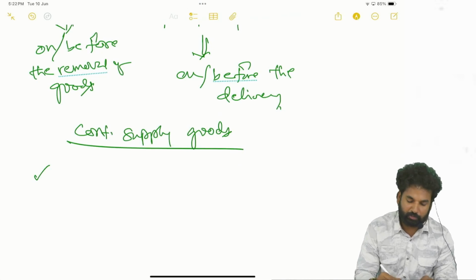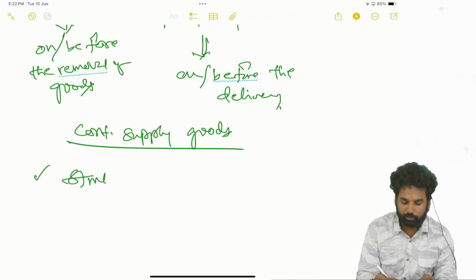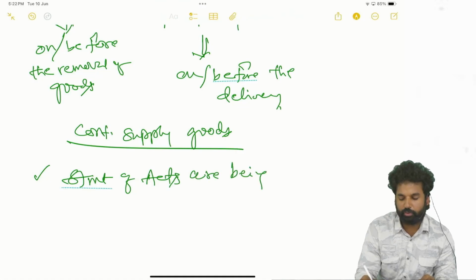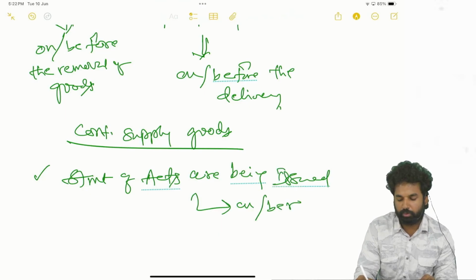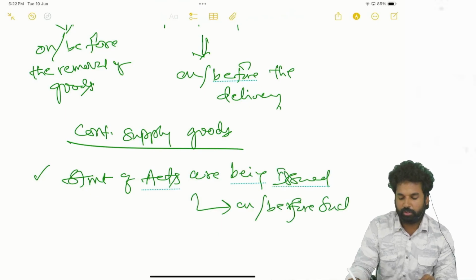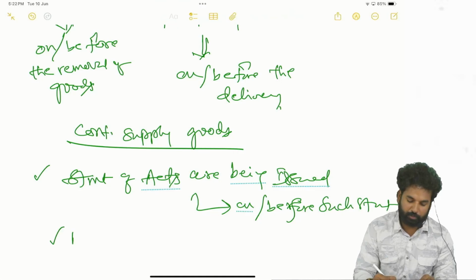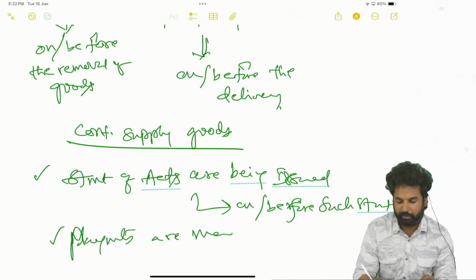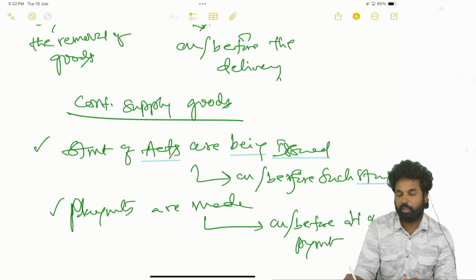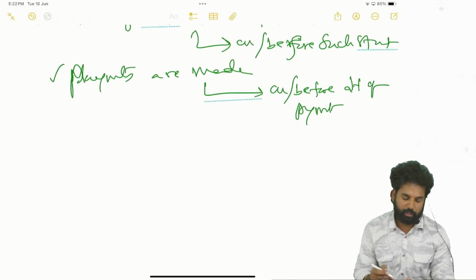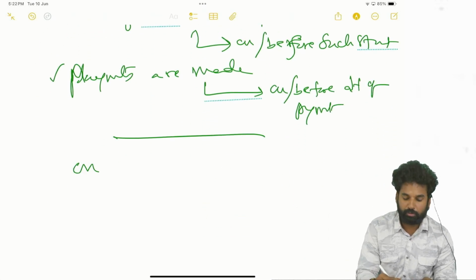In this, when statement of accounts are being prepared and issued, so on or before such a statement, when the payments are made, on or before the date of payment, invoice has to be issued. Correct? Right. Next we have seen on sale